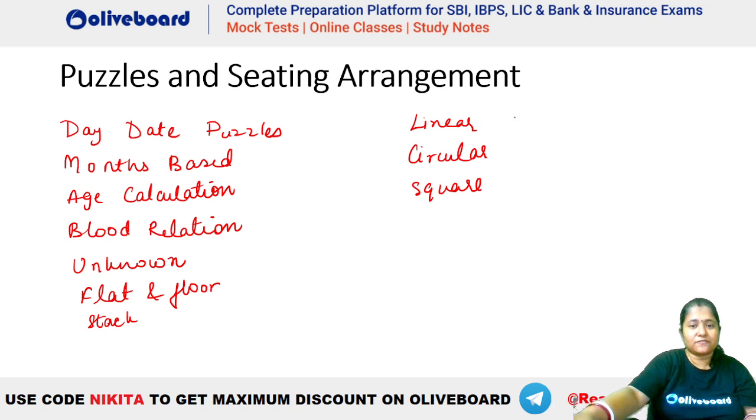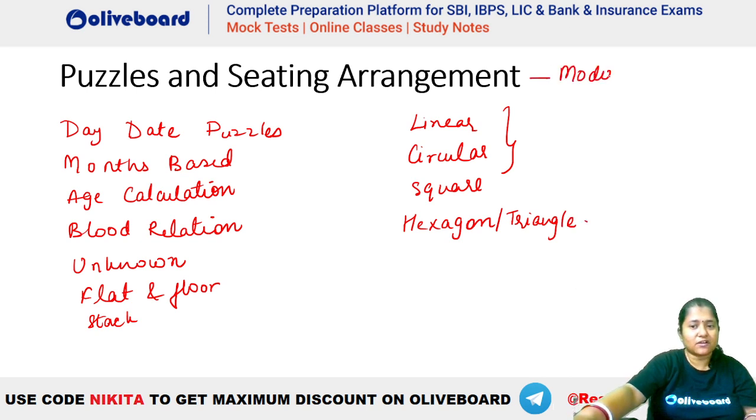All these types of arrangements will be there, hexagon or triangle, right? So all different topics, the same topics that you come across in your prelims examinations, are going to be the same, but the difficulty level will be moderate to difficult, right? It has to be moderate to difficult, where you will have at least 2 to 3 cases minimum